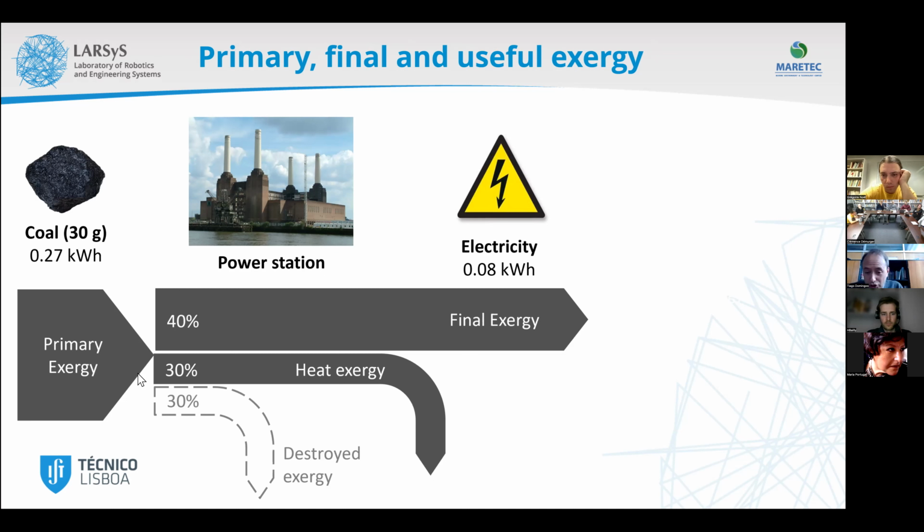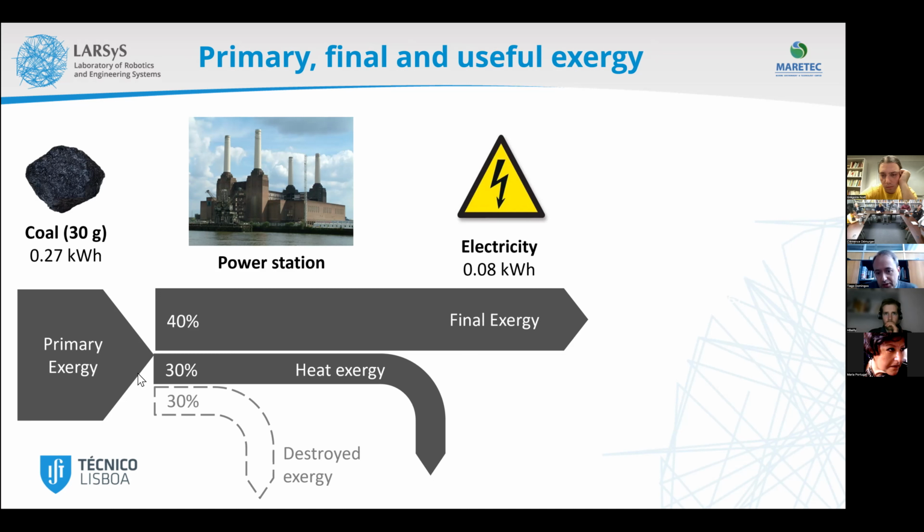I don't know if this is the case in Washington, but in many places, the heat coming out of power stations is used for district heating, so it can still be used for something. But part of the exergy is destroyed, and that's the shadow you see there, the dashed arrow. In this process, 30% of the exergy is destroyed. And this is a consequence of the second law of thermodynamics. Now, the final stage, we define it as the last stage where money is exchanged for energy. And that's why it has always been the stage, together with the primary one, that's been considered by energy economists